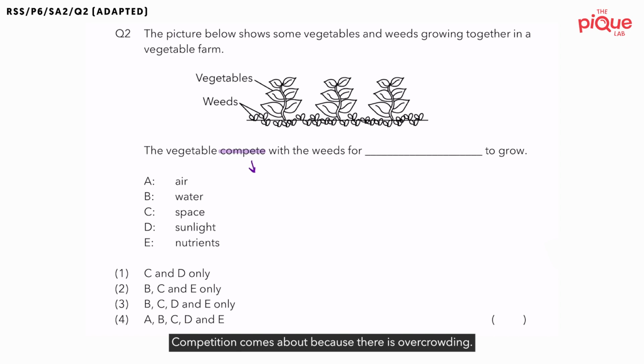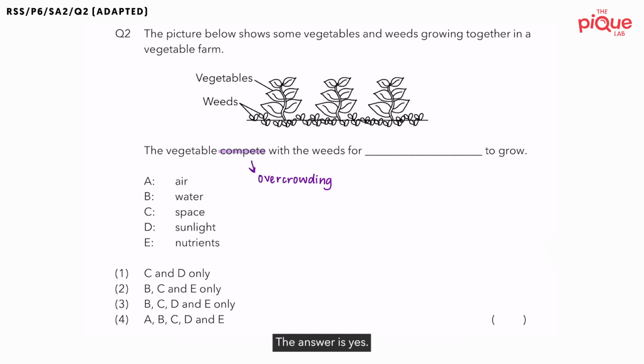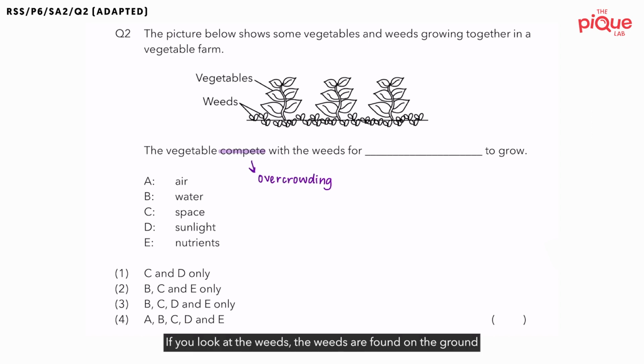Competition comes about because there is overcrowding. So when we look at the diagram, is there overcrowding between the vegetables and the weeds? The answer is yes. If you look, the weeds are found on the ground and they are all surrounding the vegetables. And so when there is overcrowding, the plants would have to compete for 4 things, and the acronym that we use is